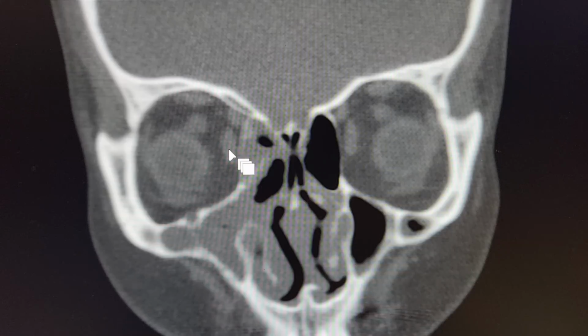So you can see that's the medial rectus, that's the superior oblique, that's the globe, that's the superior rectus muscle over here, that's the lateral rectus, and the inferior rectus over here. The obliques, that's the superior oblique. So whenever the medial rectus and the superior oblique muscle come together in a very close confluence,